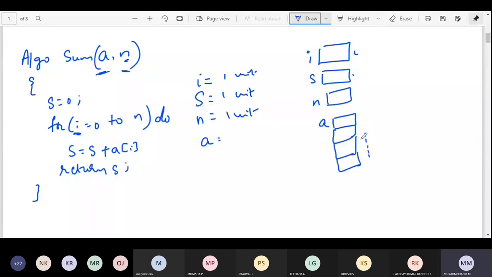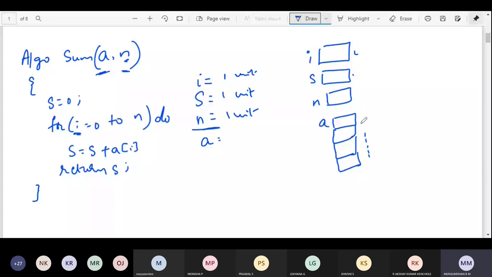Understanding? Since the size of A depends on the n value, if n is equal to 4, then it is 4.